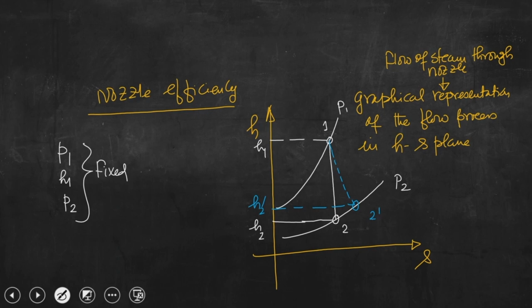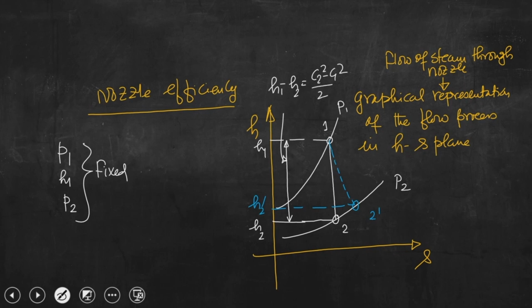So, basically you know that this quantity is H1 minus H2. So, this is H1 minus H2, that is C2 square minus C1 square divided by 2,